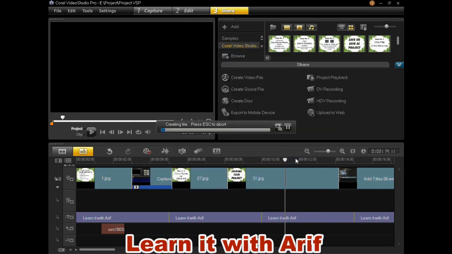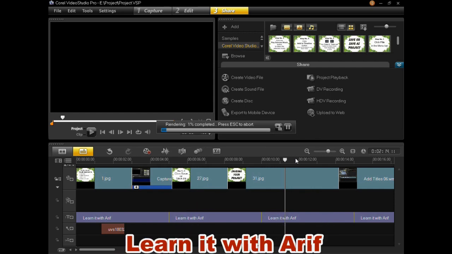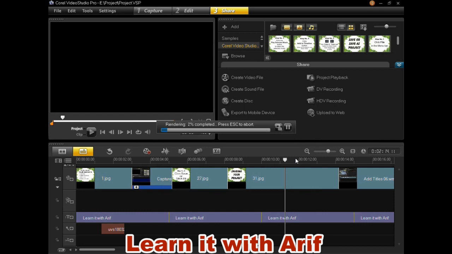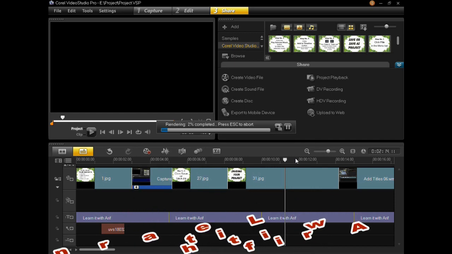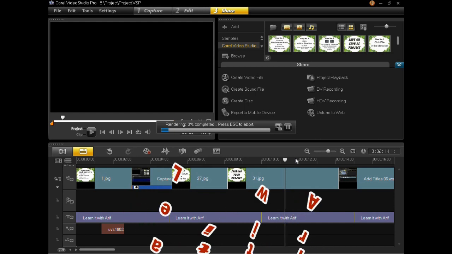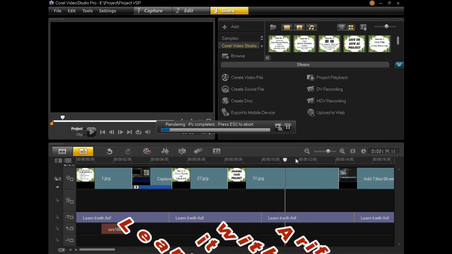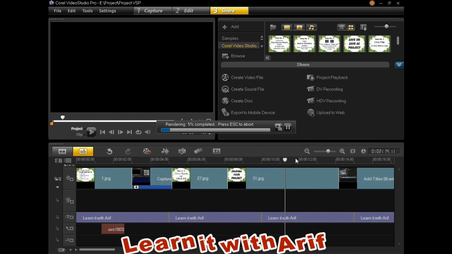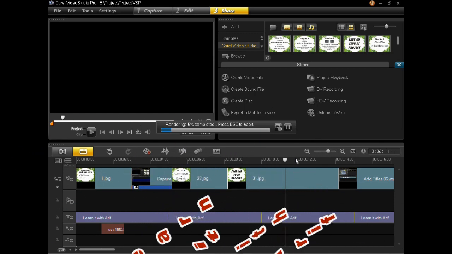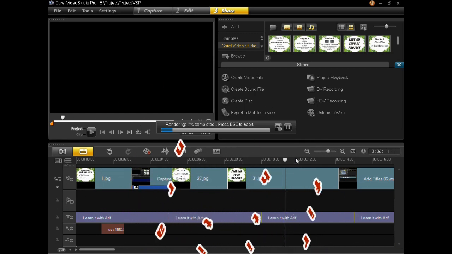Click Save. You can see Corel VideoStudio Pro X6 has started to export our file as a video. Let us wait until Corel VideoStudio exports our project as a video. After that, we'll see the file which we have exported.